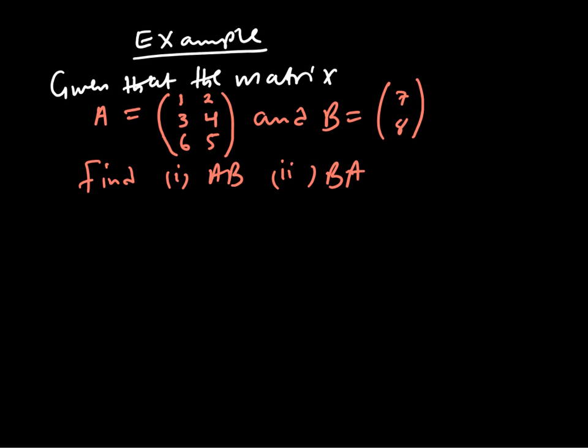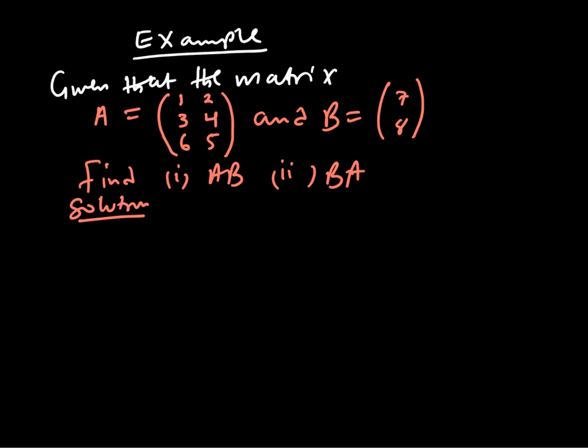Let's look at this question. Given that the matrix A is 1, 2, 3, 4, 6, 5, and B is 7, 8, they want you to find AB. So how do we find AB? Is it compatible to multiply A by B? That's what we have to look at. So in our solution,